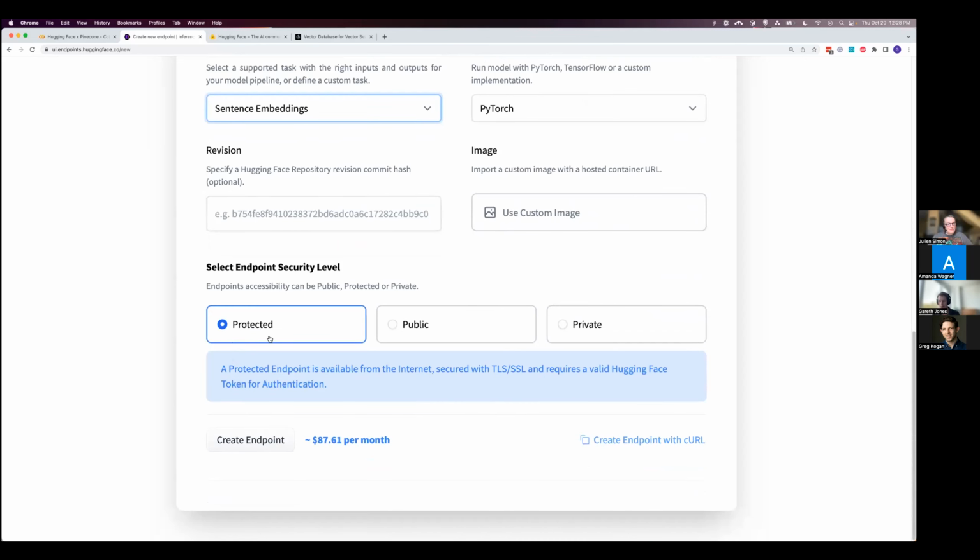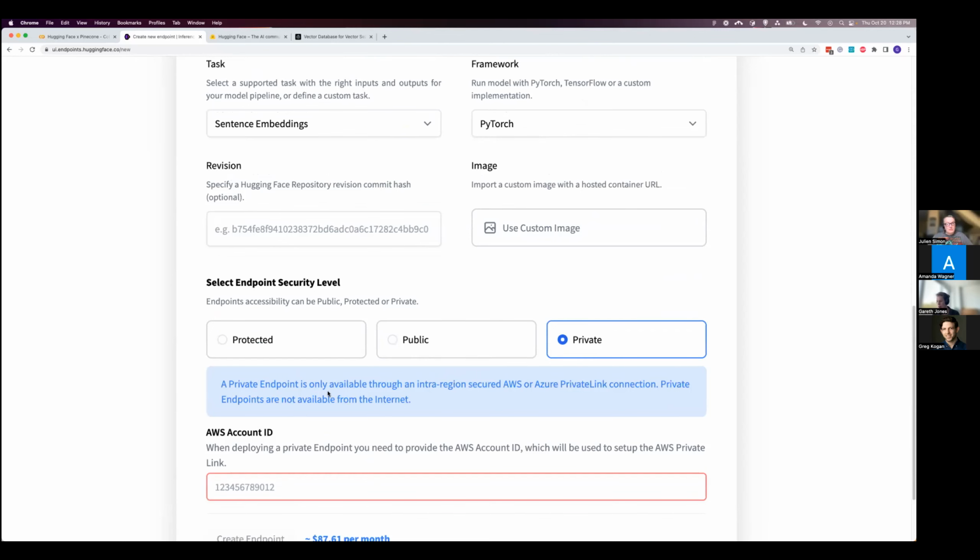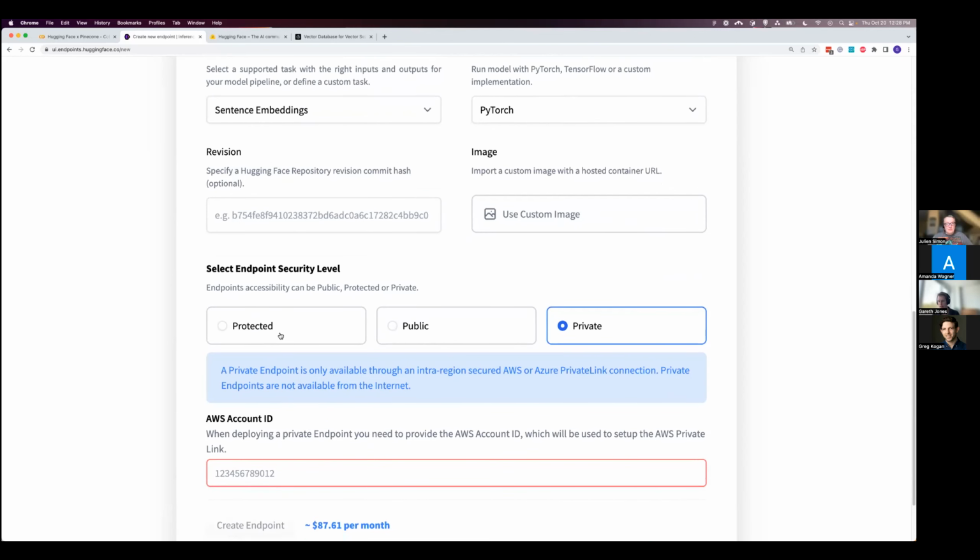You're almost always going to want it to be protected. This will require an API key, but you can obviously provide no authentication, or private endpoints if you need to use something with AWS for a private link. And yeah, if I may, let me jump in just for a second, this is actually very important because